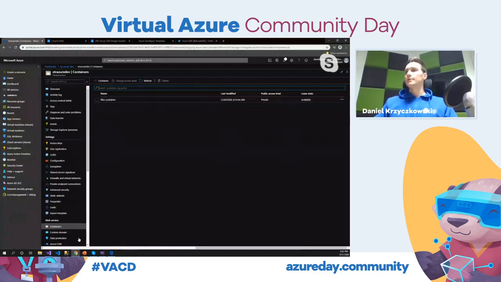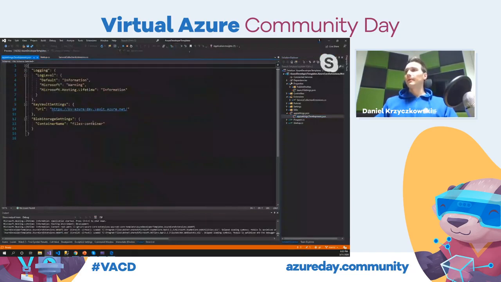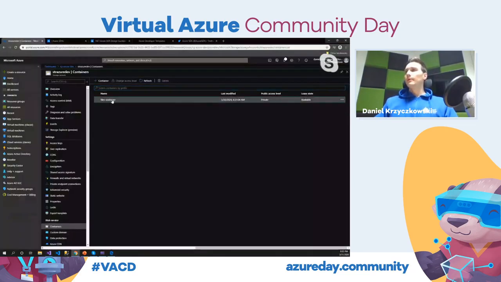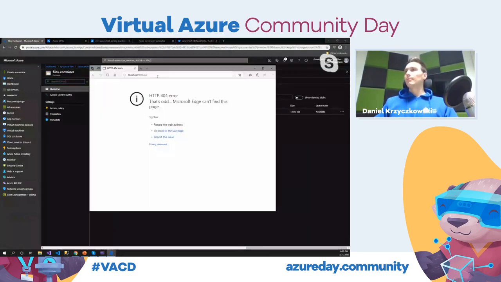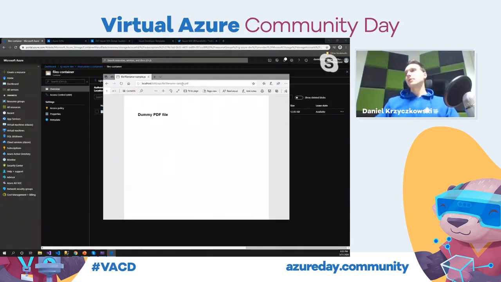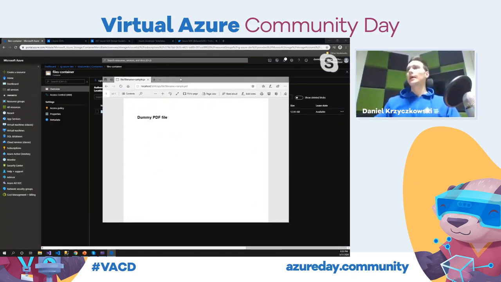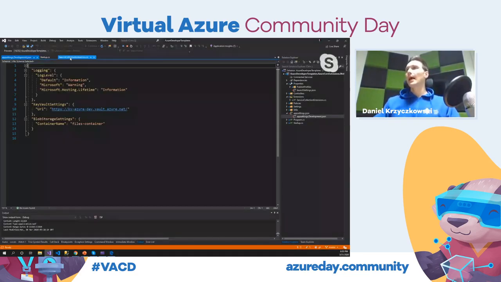As you can see, the name was in the settings, files container. I will just show you that there is a sample PDF. And what I can do in the browser here, I can type file, file name sample PDF, and I can call the new Azure SDK blob client. As you can see, this is the dummy PDF file, just to show you that I accessed blob storage without storing any credentials, in the easy way, only by registering this blob storage client